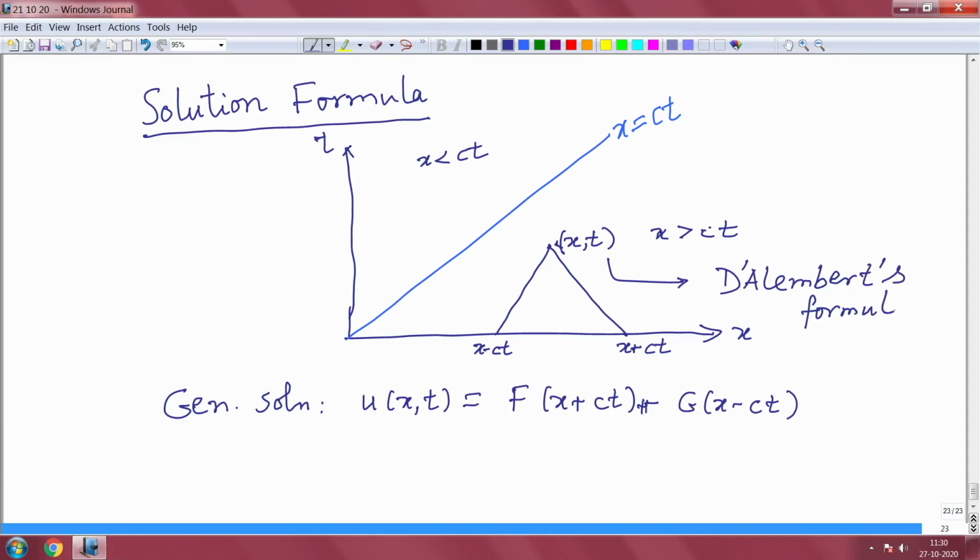So, geometrically also we can see that. The value of the solution at this point below the characteristic is not influenced by the boundary value,